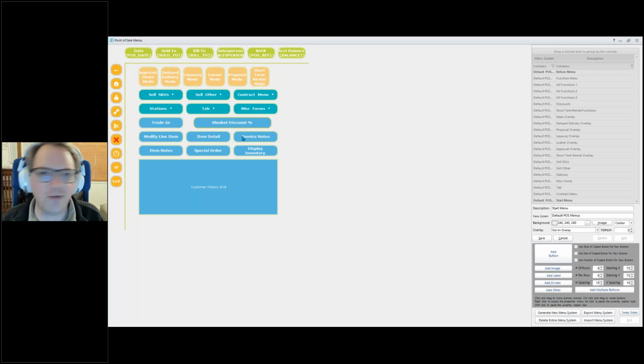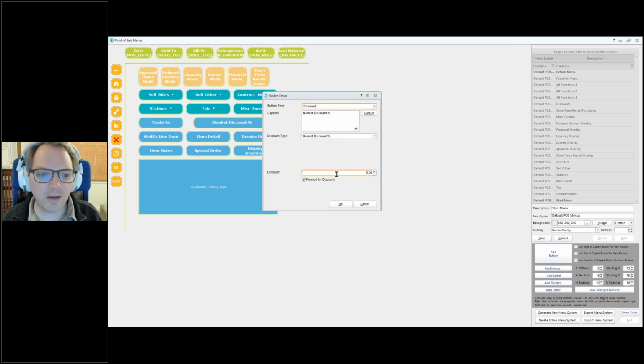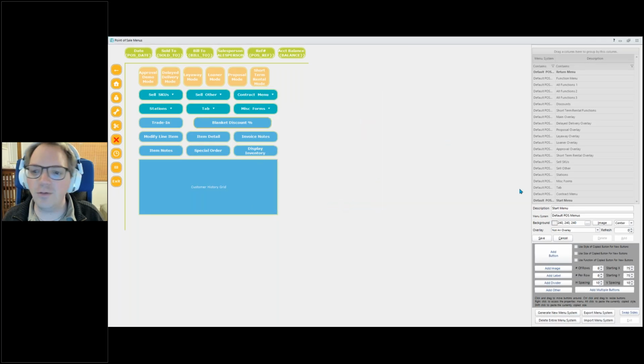Now, maybe I want this to be a blanket 10% discount. So what I can go ahead and do is right click and change its function. And what I can do is I can come down here and I can say prompt for, I'm going to leave that as prompt for discount, but I'm also going to put in 10% there. And what that will do then is when I go ahead and save that,